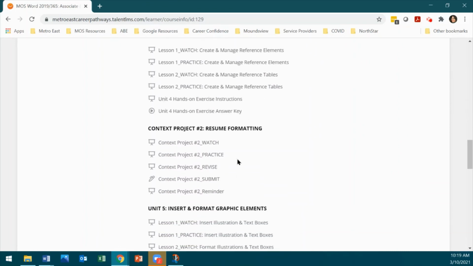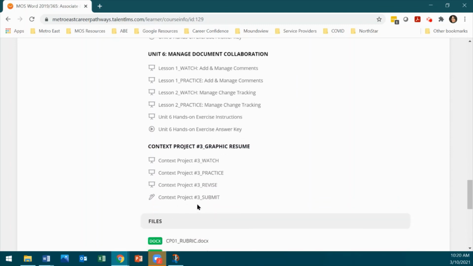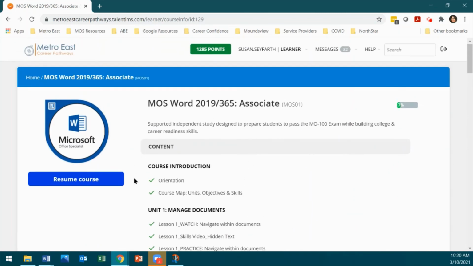And then there's another context project here, resume formatting. We will give you a dummy resume to format, and you'll just use all of your new Word skills to really make it easy to read, easy to communicate the really important parts of a resume to an employer, a hiring manager. And then Unit 5 and Unit 6, and then you'll do one final context project, which is creating a graphic resume. And by the end of all of this, you will be more than ready to attempt the MO 100 exam. And that is essentially the structure that we use to walk you through all of these